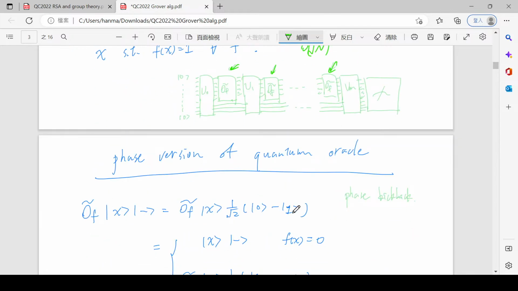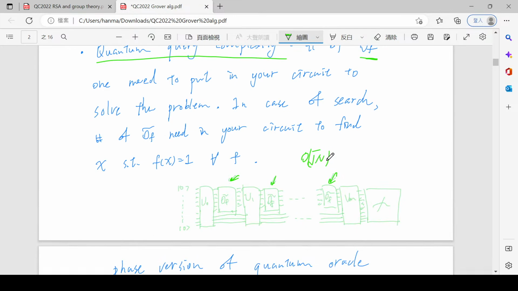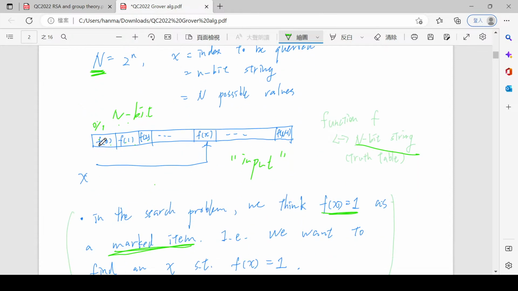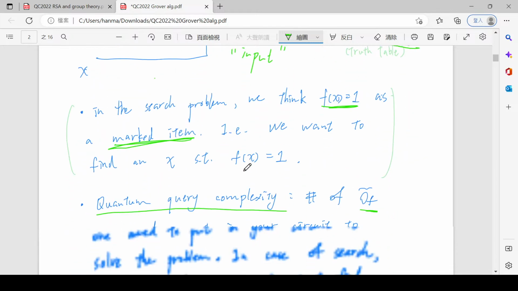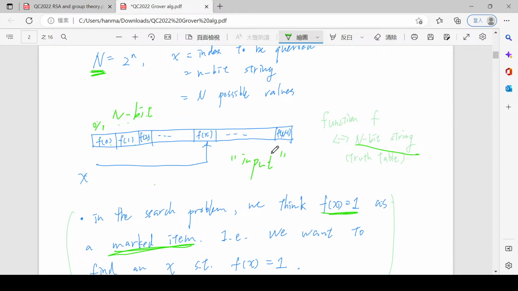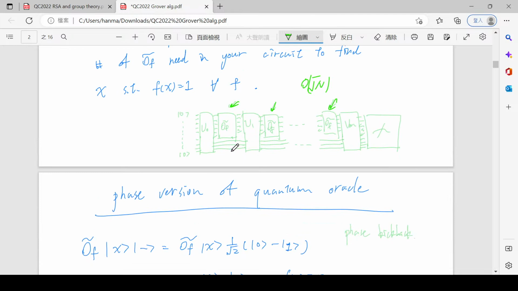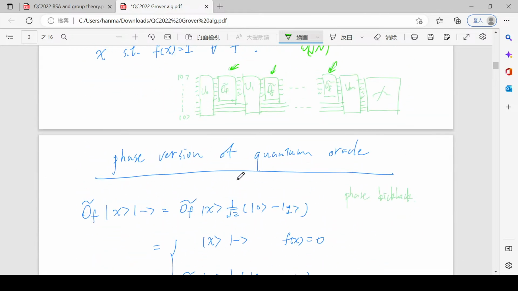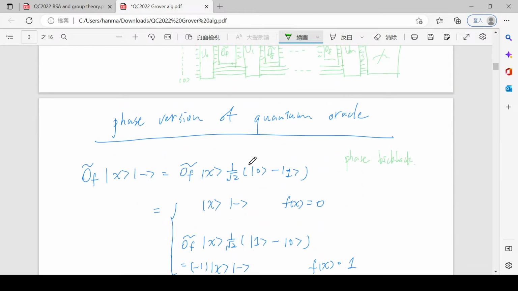Okay. And yeah, so here this big N is the same as this big N. So if your oracle has big N values in your truth table, then it only requires square root big N calls of it to do this Grover search problem. Okay, and I guess let's keep the review. We might not be able to touch too much on the Grover algorithm, but